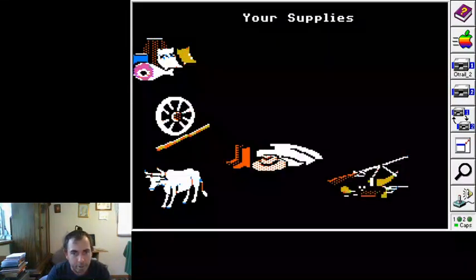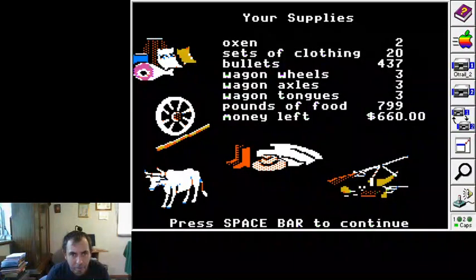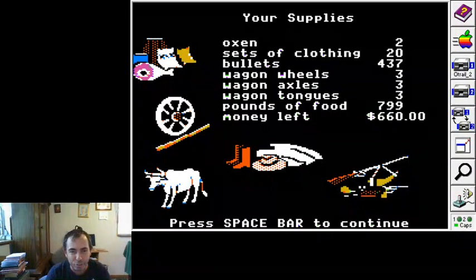Let's check the supplies. Got 2 oxen. It should be able to make it. Can't believe that thief stole 6 oxen from me.